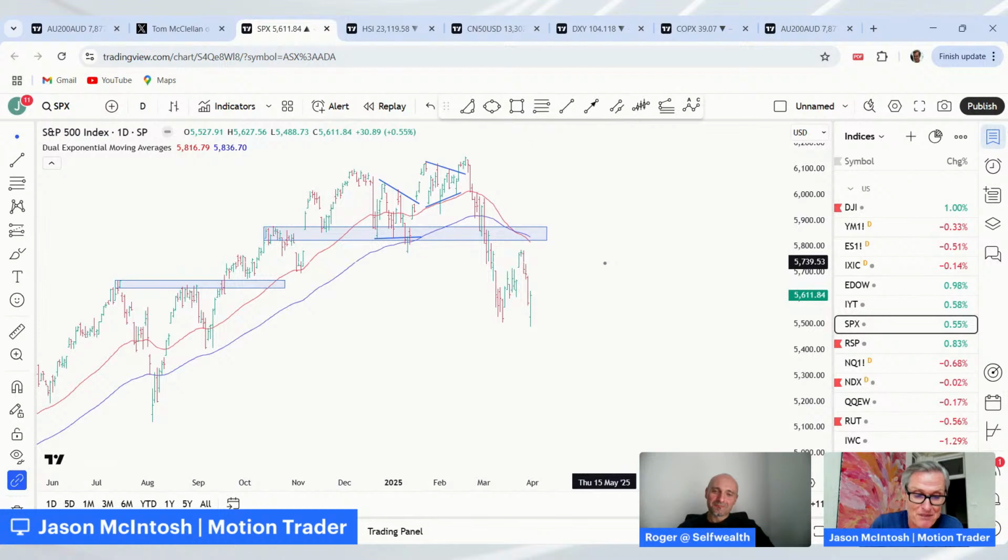So we've discussed the potential for a retest of the low last week and the week before. So we had that initial bounce. We looked at an indicator which showed the percentage below the 50-day moving average, and you can go back to the previous videos to look at that. And we discussed the prospect of a bounce, then a retest. And now we've got that retest. And this often happens in these situations. There's often an attempt to rally off the low, followed by the retest of the low.